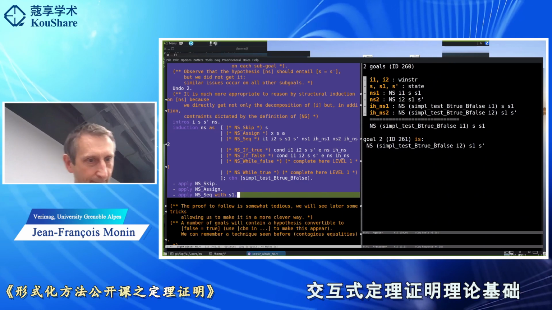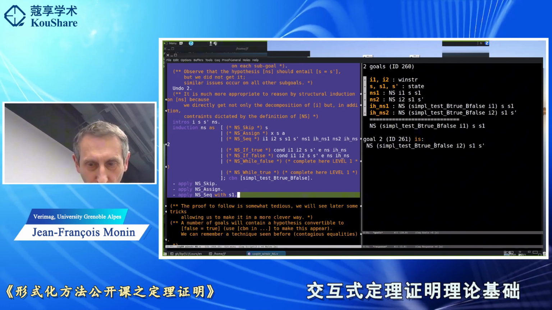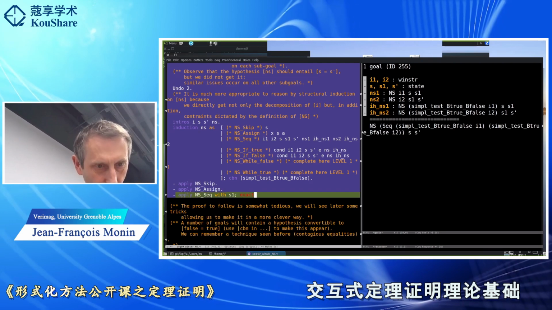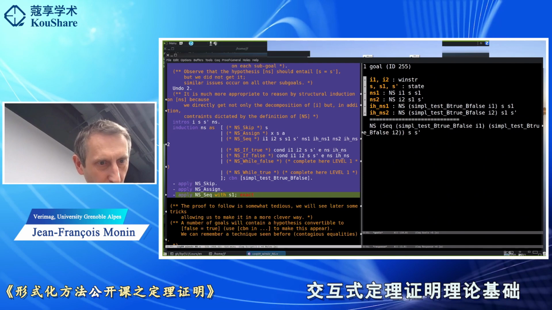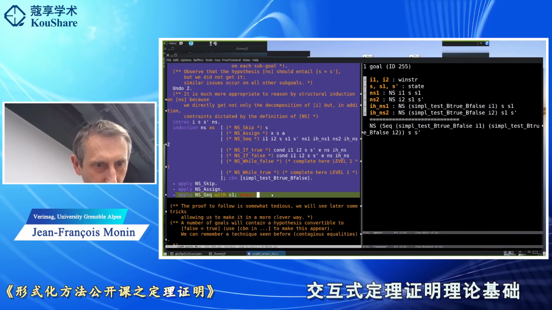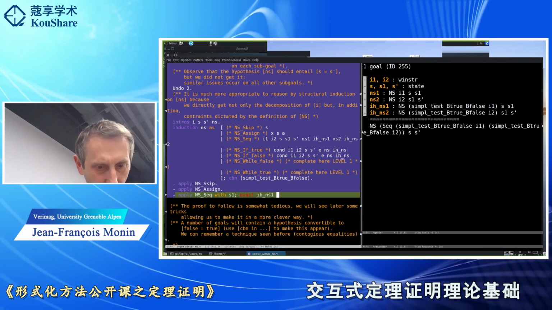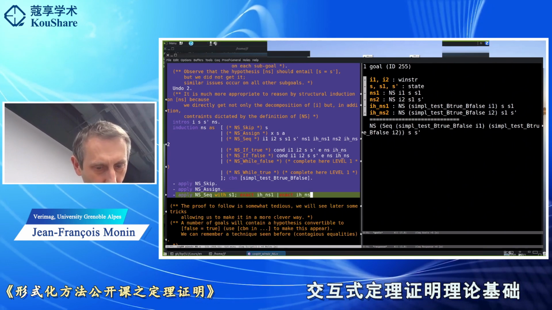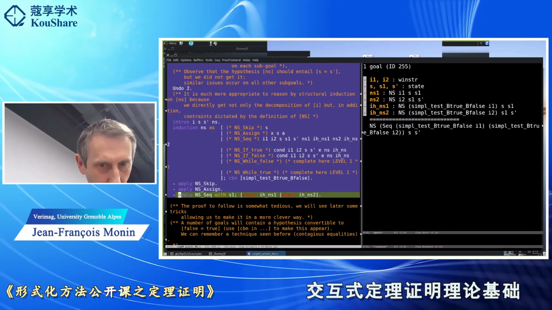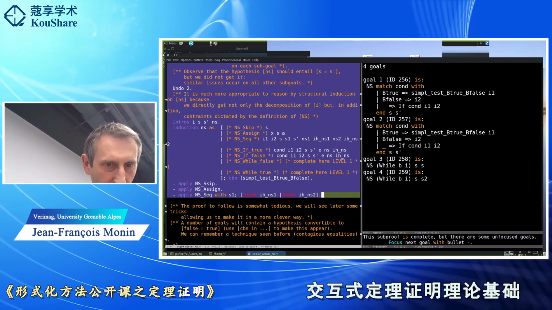Okay. So you could say for the first one, exact this one. And for the second, the same. The 2. So I think this should work if I am not wrong. Yes. So here, by the way, I show you another possibility you have with the tactic language,